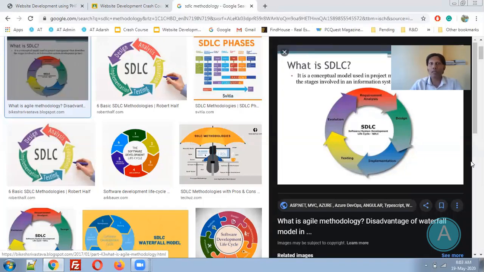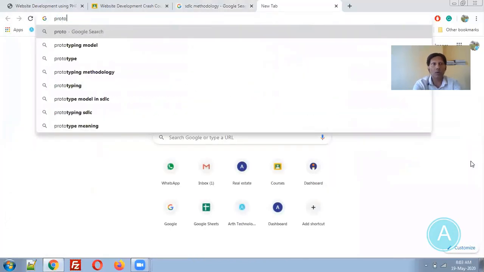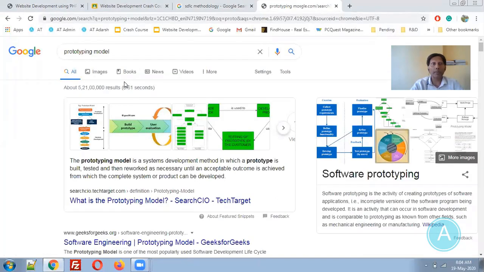So the SDLC method is not suitable for, I can say, 60 to 80% of modules. The SDLC method is suitable only for bigger projects that have a large budget or specific, to-the-point requirements. But whenever you are collecting requirements from the customer, generally those requirements are not fixed and not final. So we are not following SDLC methods. We are following something like a prototype method. Let us discuss the prototyping model. So what is a prototyping model?